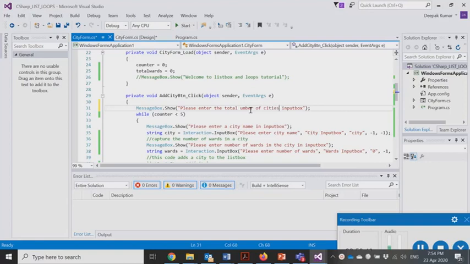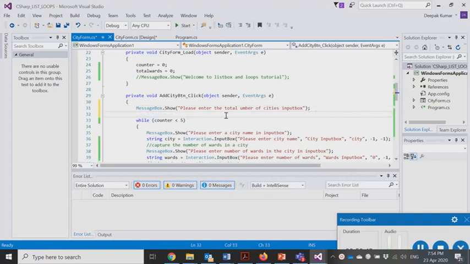So you can enter the total number of cities, and then using an input box you can capture the number of cities right over here.